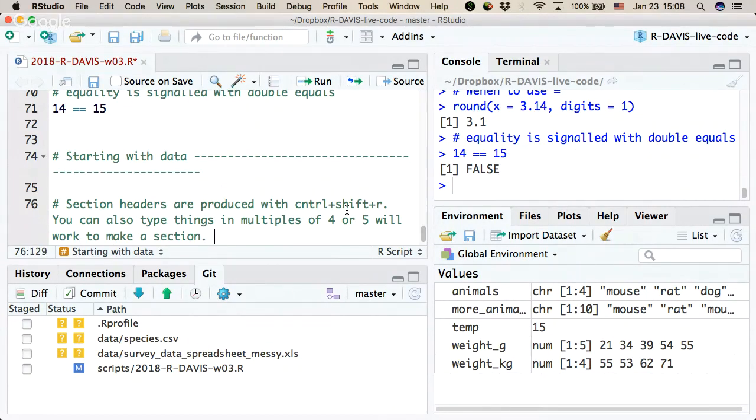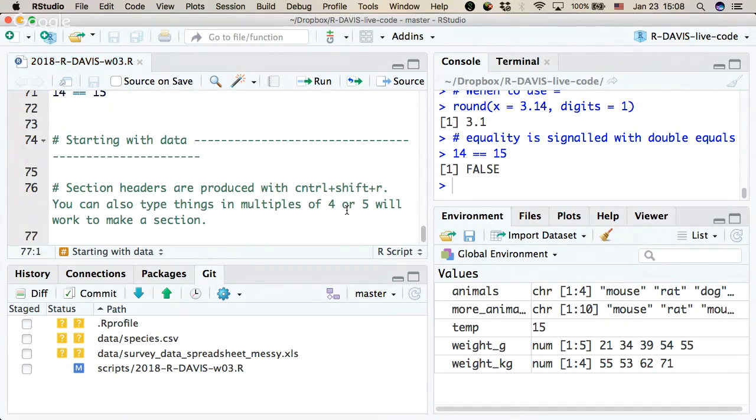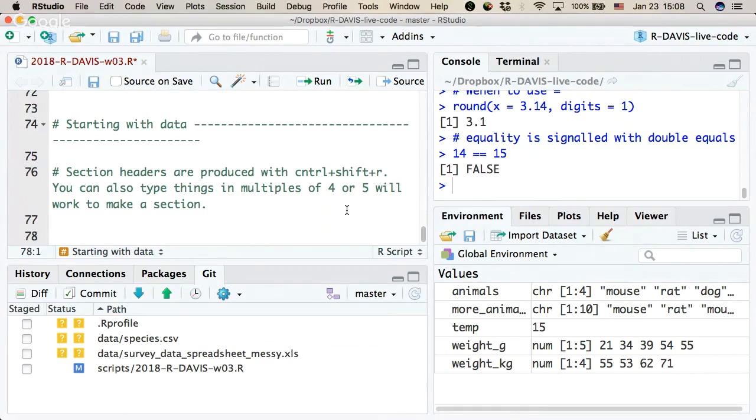Okay. So we have our section, and it's titled Starting with Data. So what we are going to do is start with data. And this is going to be the only thing that I'm going to ask you guys to copy and paste, but there is a download URL in today's notes underneath the header,